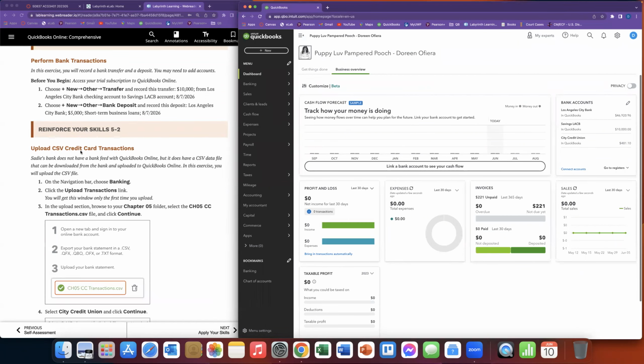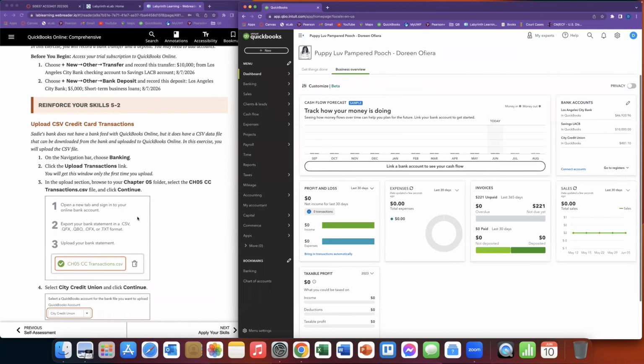Upload a CSV credit card transaction. So this is so close to bank feeds. With the bank feeds, you're going to skip that step, but you will have the same outcome. It automatically feeds in. It's really, really nice. All right, so what we're going to do, we import some